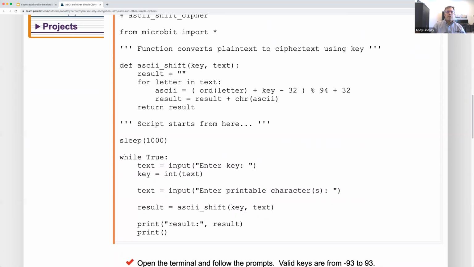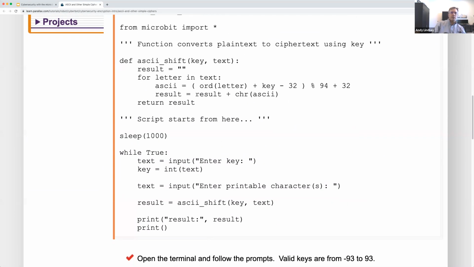Some more things happening. There were some lessons in strings about this. I know I went through it quickly, so don't worry if you don't remember it, but it's in there. The ORD function is the one that gives us a number in exchange for a letter. In other words, if you give it a printable character, it will tell you the ASCII code that corresponds to that letter. And then